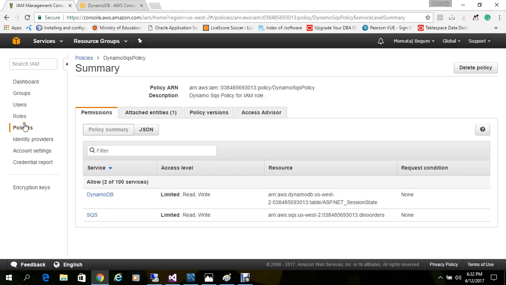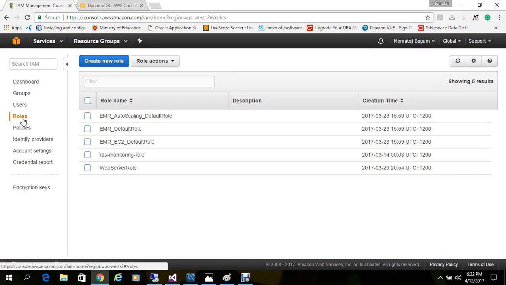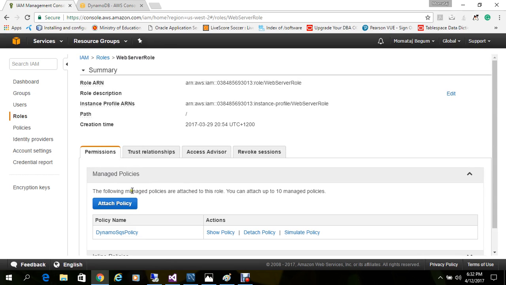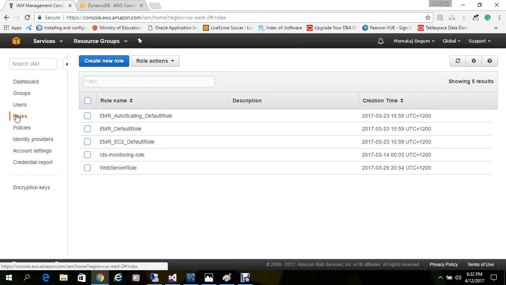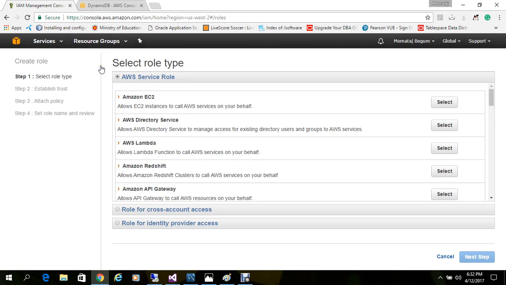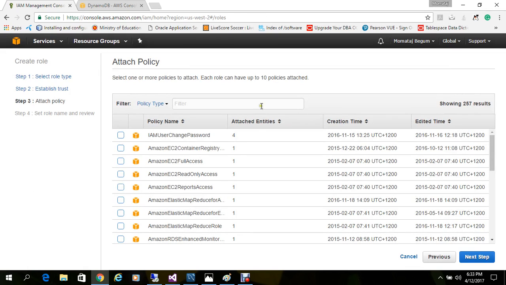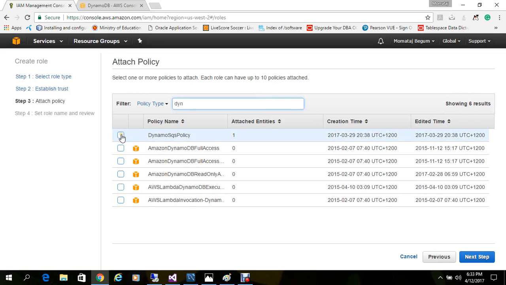Now I'm going to roles. You have to make roles here, and I already made a role. You can see here the web server role, and this role is attached with the Dynamo SQS policy. Now I'm going to show you how to create a role in the AWS platform. Create a role for the EC2 instance, and here you attach your customized policy, or you can attach a policy